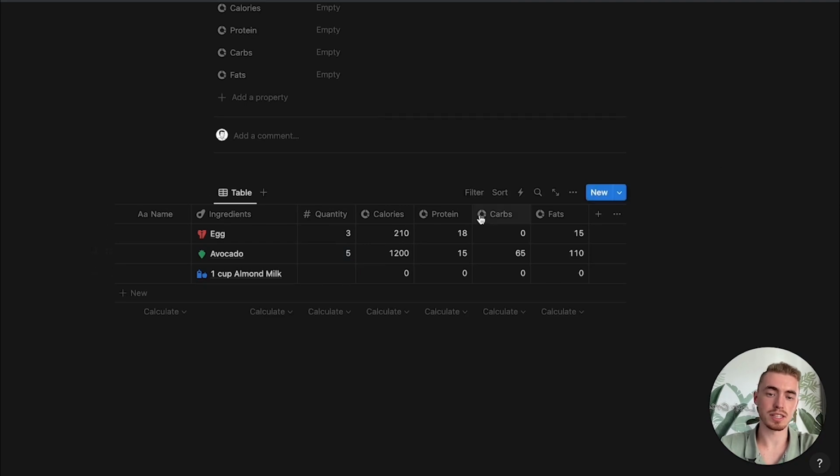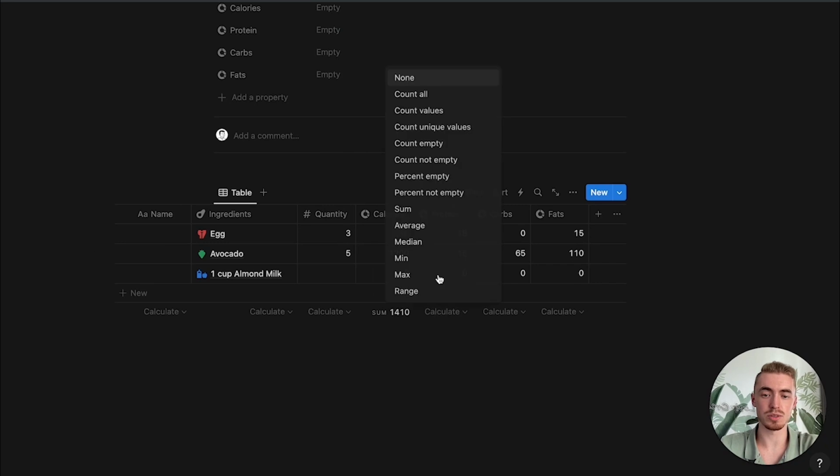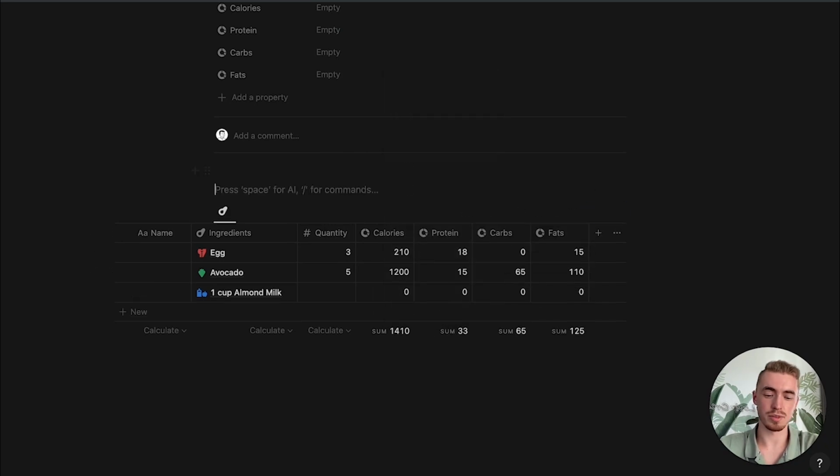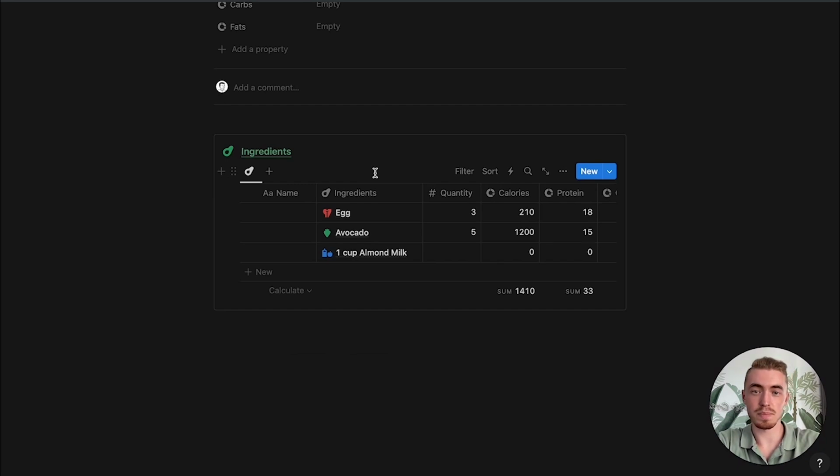Now, to finish off this database, you just want to click at the bottom on calculate and then click on sum for each one of your macros. And then of course, I'm also just going to add in another callout box. Now, before we continue with the rest of this macro tracker, we're going to duplicate this database and add it